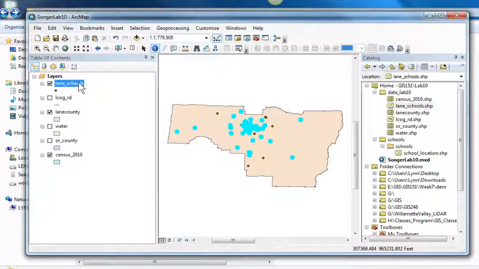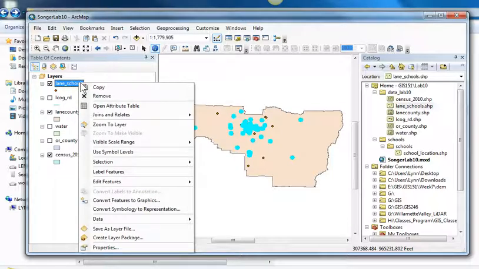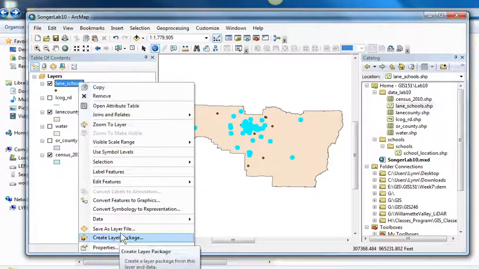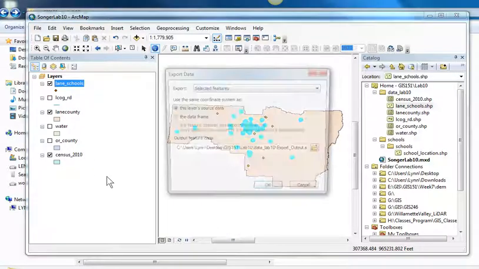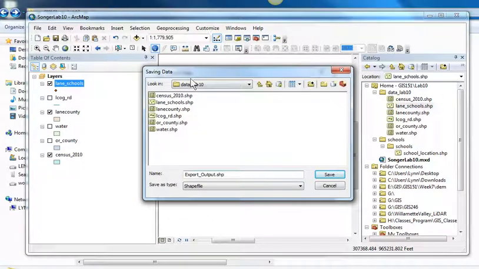Again, I want to save those as a separate shapefile or feature class. So I'm going to go Data, Export Data. I'm going to make sure it's going in here, that it's a shapefile, and then I'm going to name these schools. What am I going to name these schools here? I'm going to call these schools